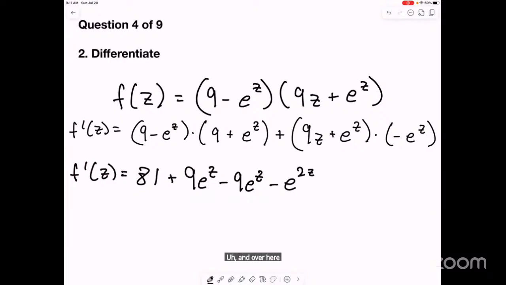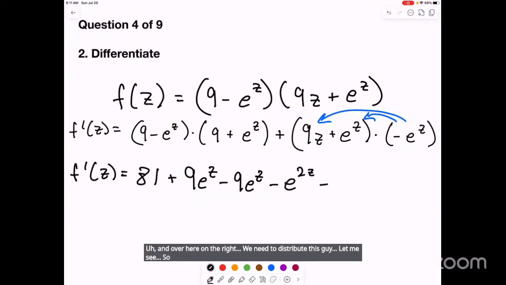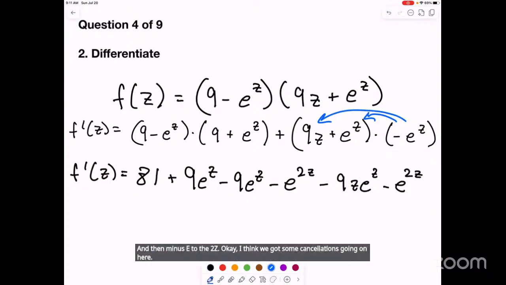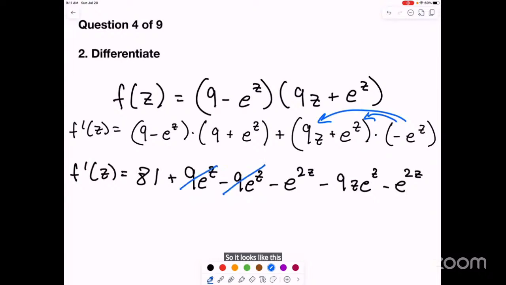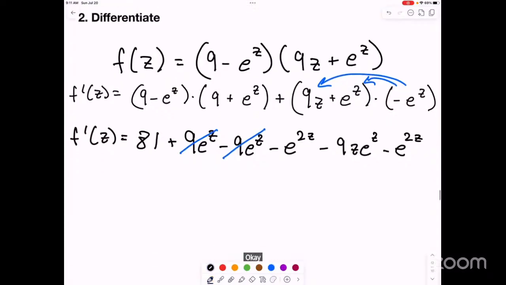And over here on the right, we need to distribute this guy. So minus 9z e to the z. That's a lot going on. And then minus e to the 2z. Okay, I think we got some cancellations going on here. So it looks like this cancels this. Oh, that didn't cancel. I was kind of hoping it would. Okay. So then ultimately it looks like we're getting,